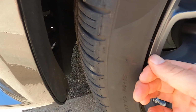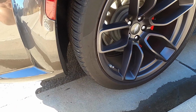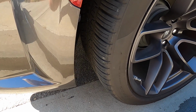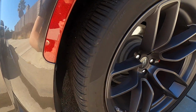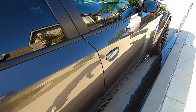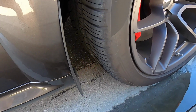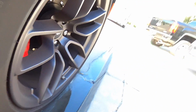What is this right here? I thought that was a scratch. All right, we good, we good. So, you know, it just comes with the game, man. You get better things, you're obviously gonna have to pay more for them. So the wider tires are gonna cost you more. That's something that you gotta know. And it's not just in the back, it is in the front as well. So you got wider tires in the front and in the back. So just be prepared. If you're gonna get the wide body, you're gonna have to pay a little extra on